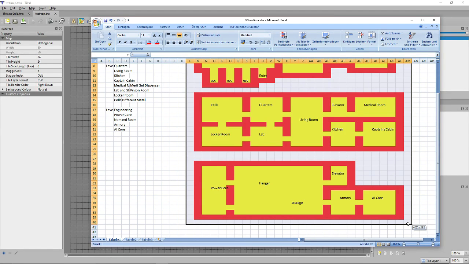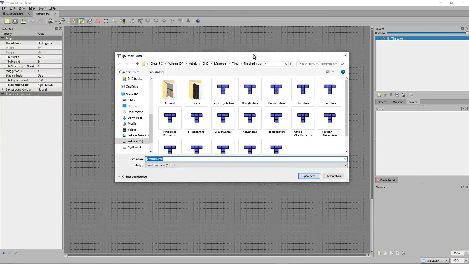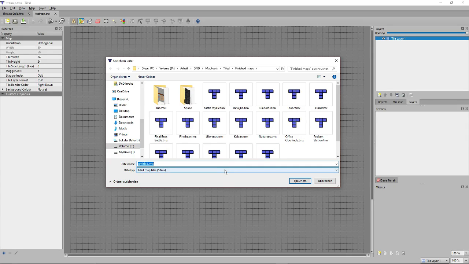And it's 40 rows by 28 columns. So I'll do double that, so 80 by 56. And the tile size, we'll go with 16 by 16. We want orthogonal for top down, CSV format is right, and the render order is right. This one doesn't do anything for us because this will only take effect if you use it in a software for making indie games, that is. And then let's save this as the